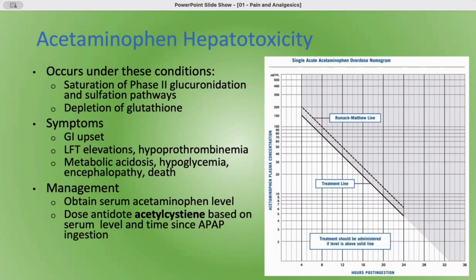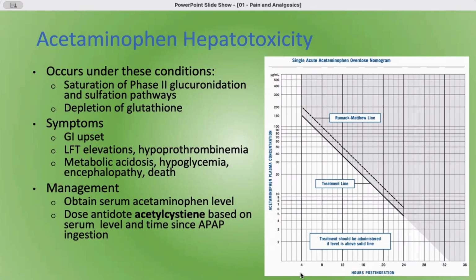So, there are often protocols in hospitals that deal with this, but there's something called the Rumack-Matthew nomogram, which is often programmed into the electronic medical records of certain hospitals, and will guide you as to how to dose the acetylcysteine based on the blood level of Tylenol that the patient is presenting with, and your best estimate of how long it's been since the patient ingested